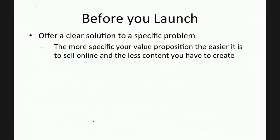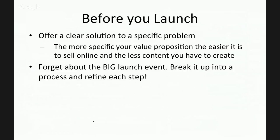One of my big problems with my WordPress course, which I haven't really run since before Christmas, is that my course was doing too many things for too many people. So basically it was how to build, manage and market your WordPress website. That's not very specific. In fact, I have three different types of people doing my course, and all of them demand content that suits them. So I had to create more content than I needed to, and if I'd had a better, more specific value proposition...